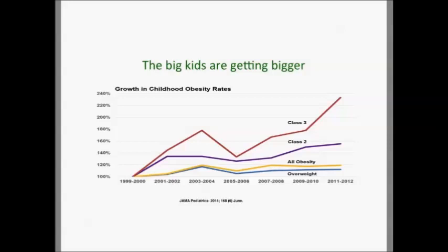Something that I think is so important to understand when you're looking at any type of obesity is the fat cell runs the show after a while. What ends up happening is over a period of time, we become resistant to our own ability to control appetite. So if you look at the graph here, all obesity is the yellow, the class 2 obesity. Now, it's interesting they use these terms for this diagram because these are adult terms, but you kind of get a sense. They get bigger with the different classes. But at any rate, as the child gets bigger into the class 3 category, you see that it keeps getting worse and the numbers are increasing, okay?